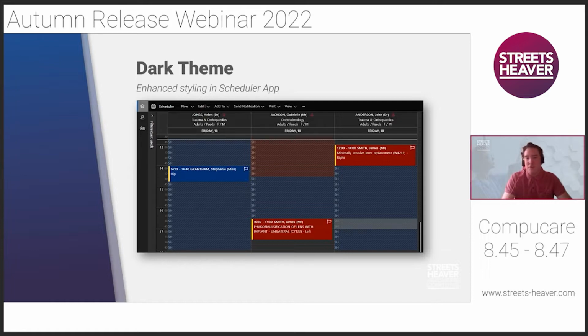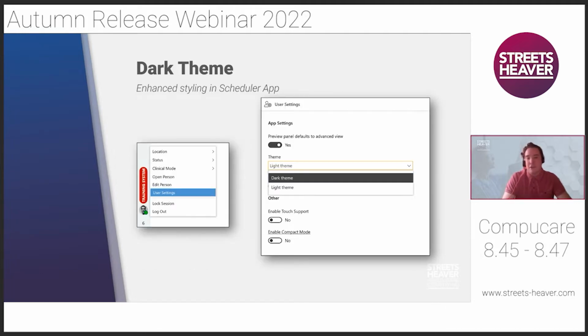But you can see we've just gone for quite a low contrast view on this. So again, I think this will be the first time that a number of sites will be looking at whether they use this dark theme or not. And the way that you set it is we've left it up to each user. So down in the bottom left-hand corner of your Compucare system, like mine showing here, you've got a little icon